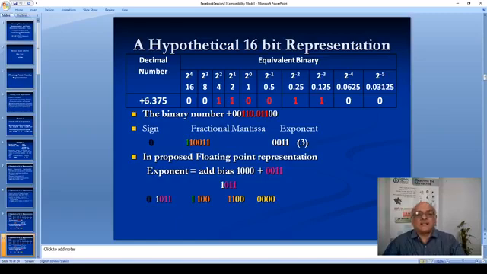Now we take another example of plus 6.375. Now 6 is going to be 4 and 2, and 2 to the power 0 is 0. Now 0.375 is less than 0.5, so it's 0 here. 0.375 is more than 0.25, so there is going to be 1 over here, and we are still left with 0.125. So 0.125 is this, so there is another 1 over here. So the number which we get now